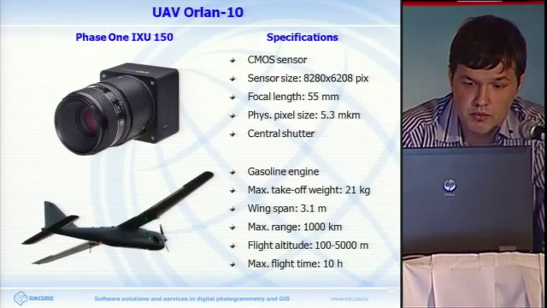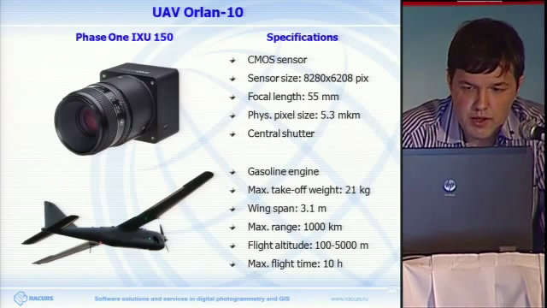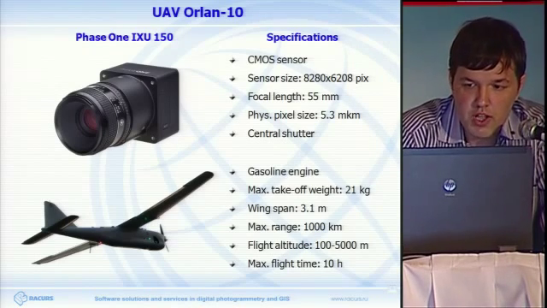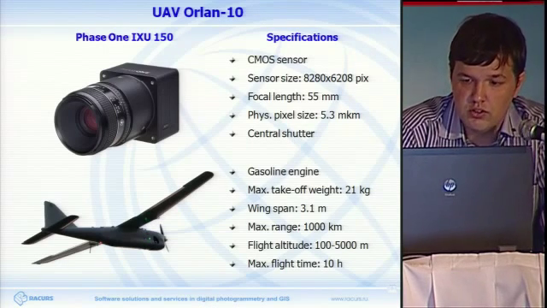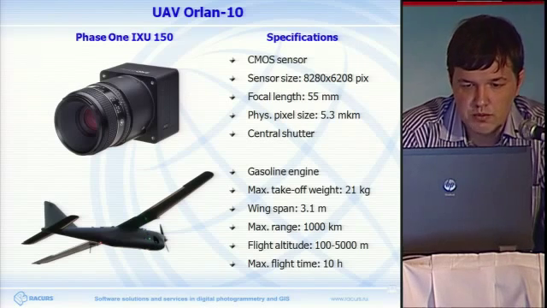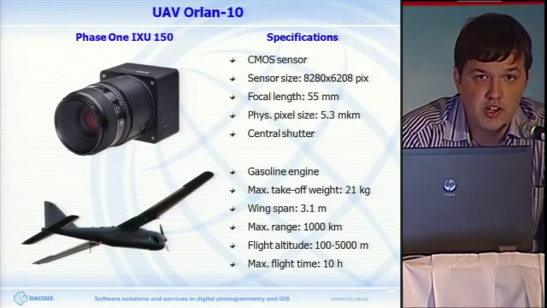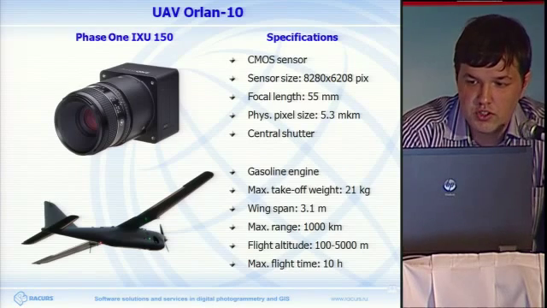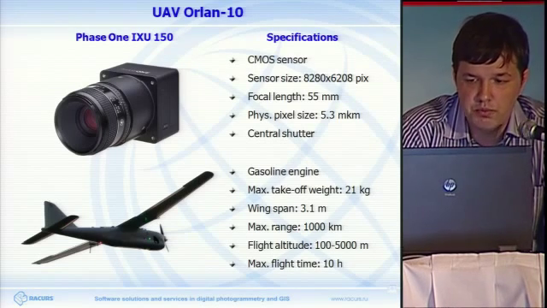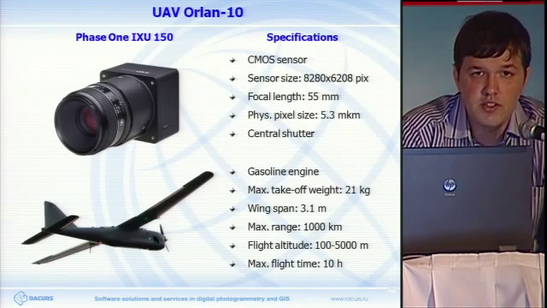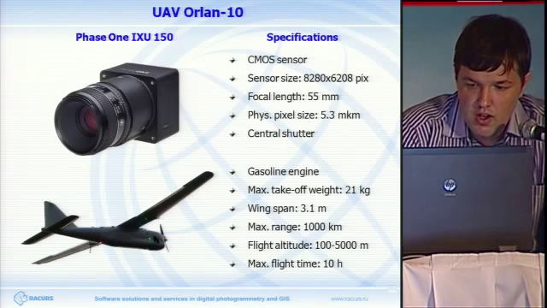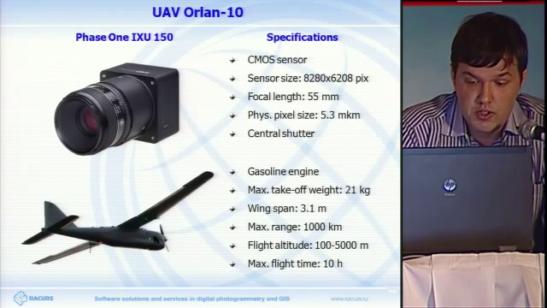Specification of the camera, and specification of the UAV that we mounted the camera on. We can say that most importantly, it has the central shutter. So basically, it's not a slit shutter, and it doesn't distort the frame. And a very good size of the matrix, 50 megapixels. And this size of the CCD at a certain altitude will get us a very good basis and very good angle.